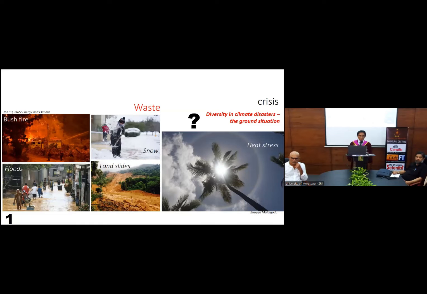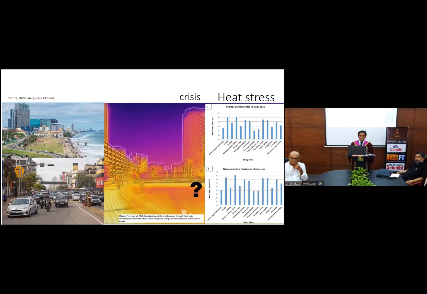Then the next problem is heat stress. Now the issue of heat stress is neglected. For example, people in Sri Lanka live in a tropical country. We think that it's usual, and we are going to use it and live with that. The problem with heat stress is its negative impact on buildings. So how will heat stress create negative impacts on buildings?